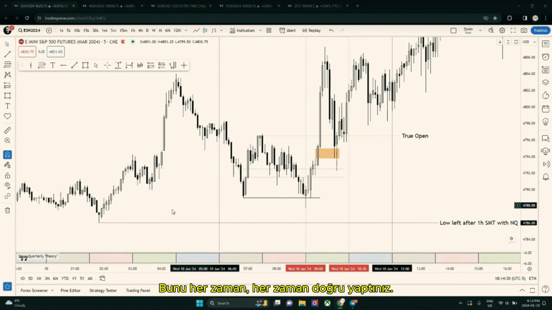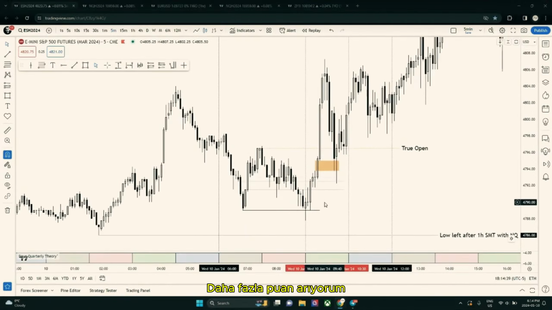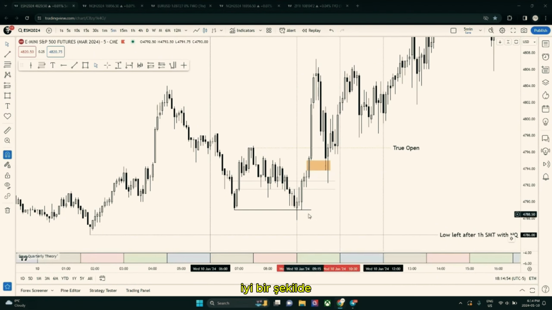Whenever you see this happen, then you know ES would be the better trade if you are looking for more points, if you're looking for a bigger move. But if you're looking for a cleaner trade, then NASDAQ will present that to you. So you have ES failing to make a lower low right here and right here as well